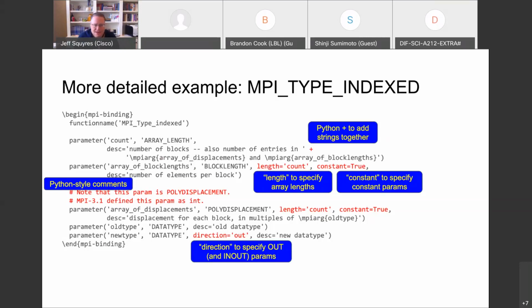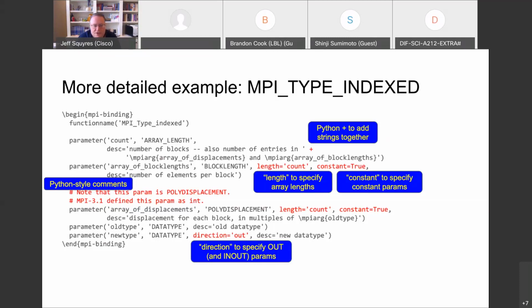Just like in LaTeX or any other language, it's sometimes useful to put comments. And so you can. That can be useful. And there you see another length equals count and constant equals true, because array of displacements is similar to array of block lengths in that respect. And then notice that we actually have an out variable here too, the last one, new type.